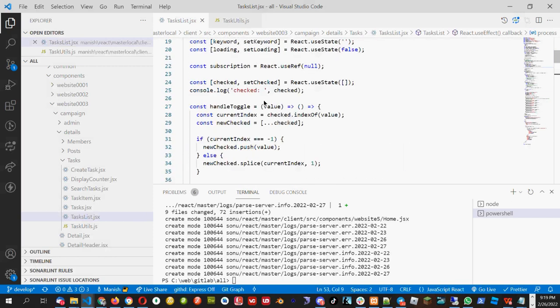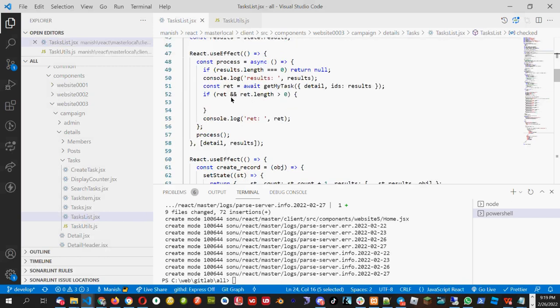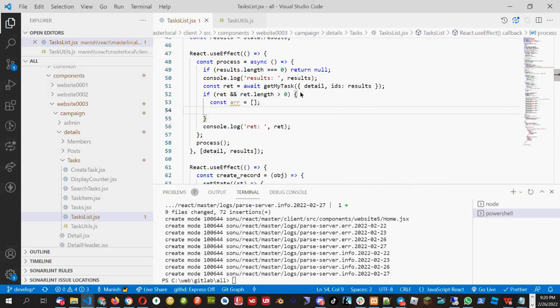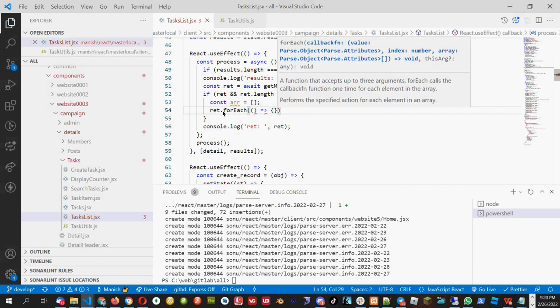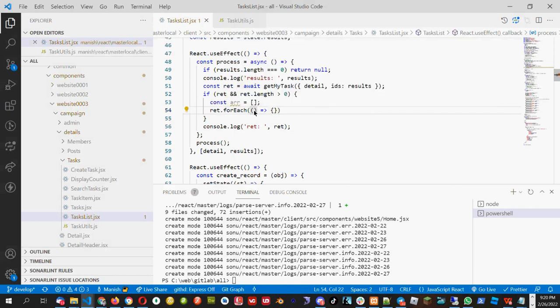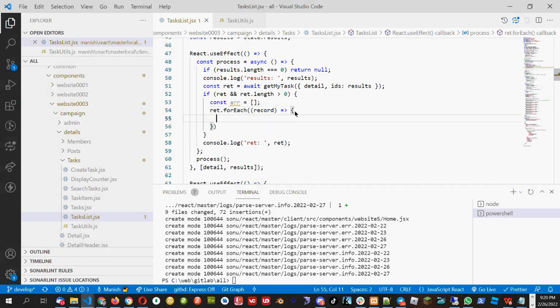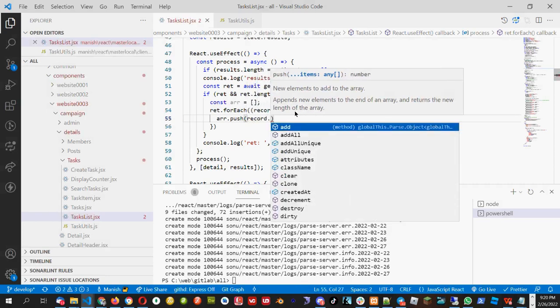And I will create an array which I will update with the checked one, because we need the ID of each one. So here I will create one array and I will loop this one with forEach, and for each I will get some parameter, for example record, and here I will say array dot push with record dot